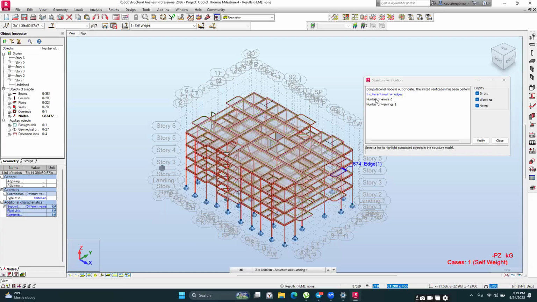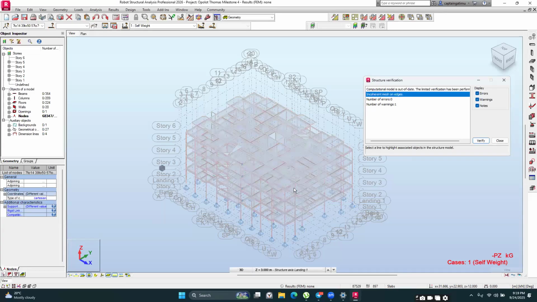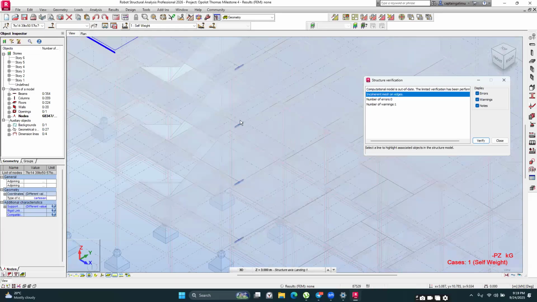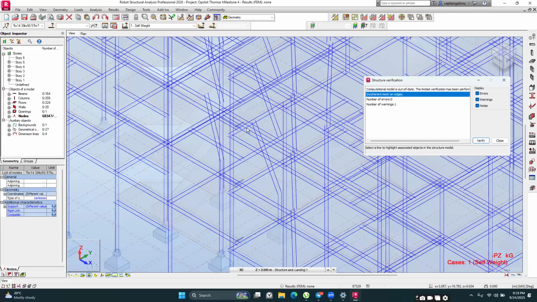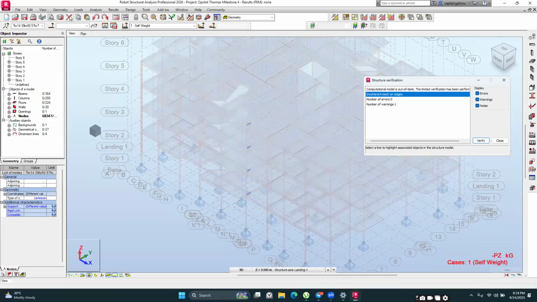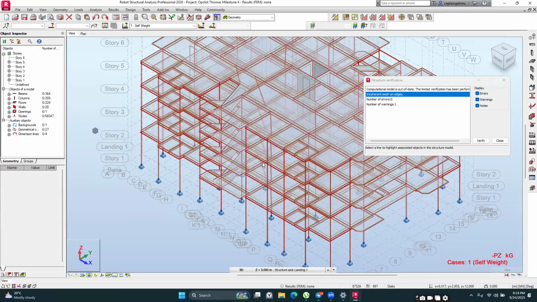Okay, so I still have this error. So I'm going to select it again. And then you can see that the edges that are being formed are really, really tiny. So what I'll do with this is that I'll click on this delete icon over here. All right. So for those